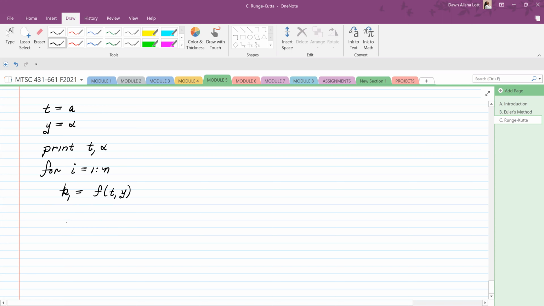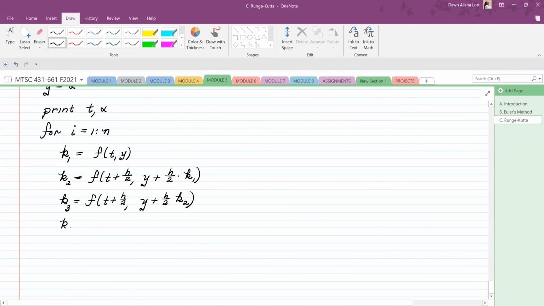You define K2 is going to be F of T plus H over 2, Y plus H over 2 times K1, and then K3 is going to be F of T plus H over 2, Y plus H over 2, K2, and then K4 is going to be F of T plus H, Y plus H,